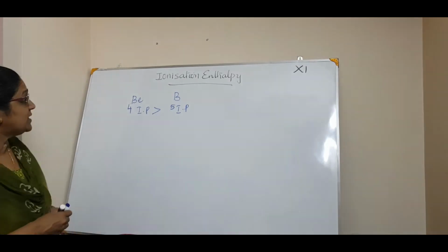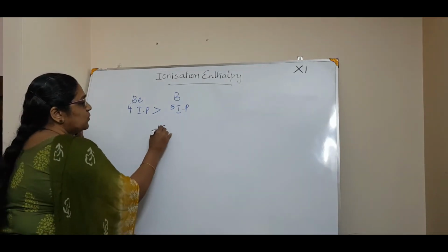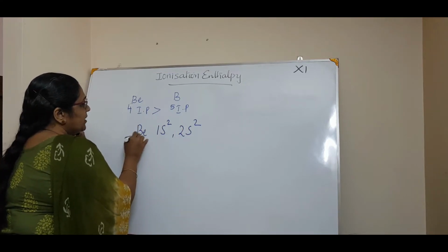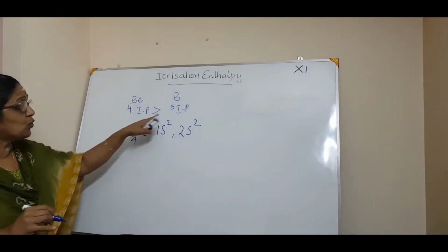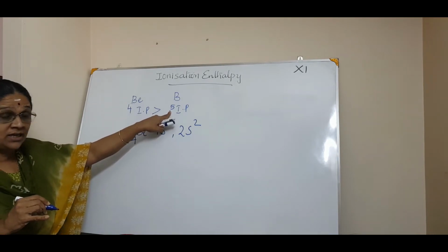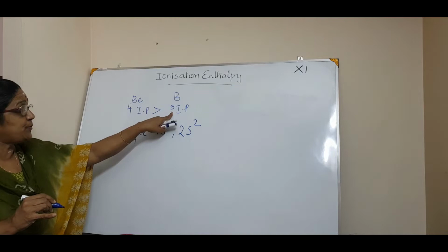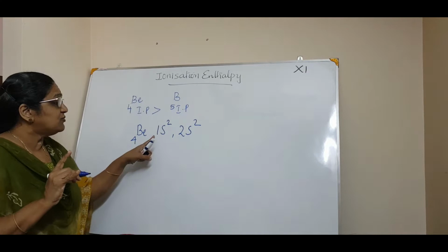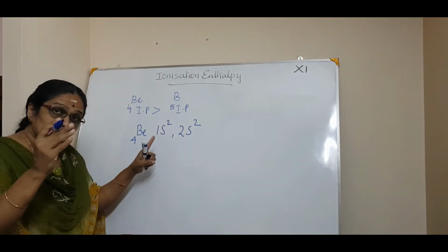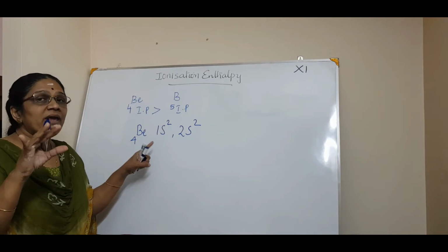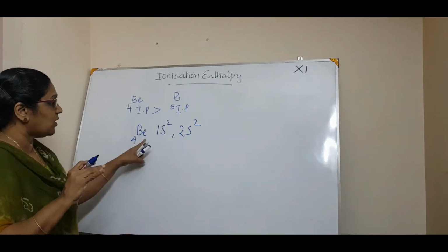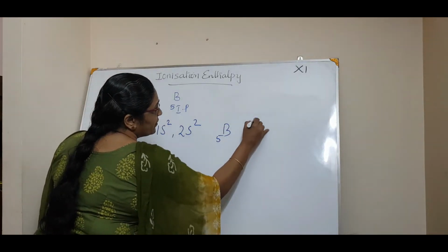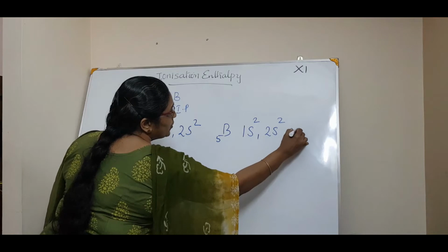Okay. Now here, what is the electronic configuration for 4? That is 1s2 and 2s2, isn't it? For beryllium, that is atomic number 4, even though the nuclear charge is increased in the case of boron, boron will have a smaller ionization potential than beryllium. So why is that so? You have to first write the electronic configuration, and by checking the electronic configuration you will be able to know why this happens. Okay, so beryllium has an electronic configuration of 1s2, 2s2, and boron of 5 has an electronic configuration 1s2, 2s2 and 2p1. See?